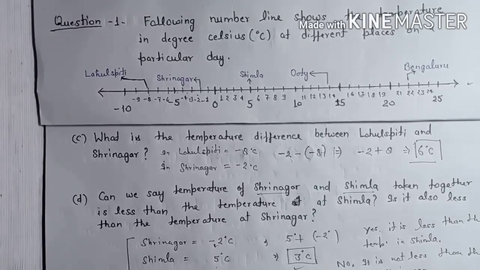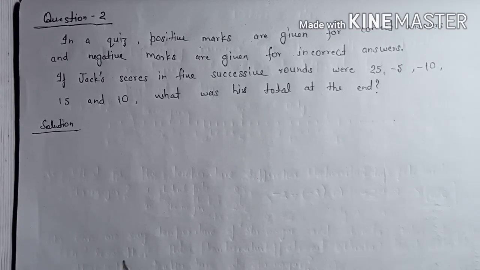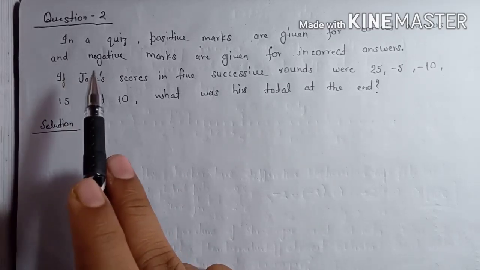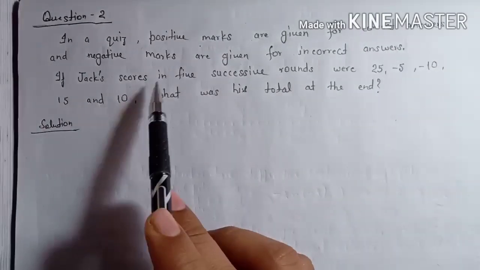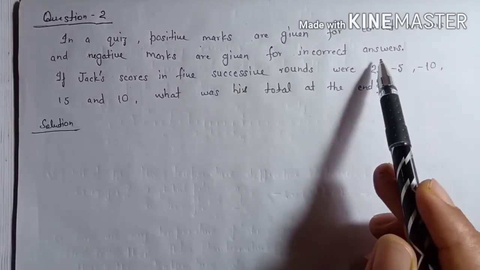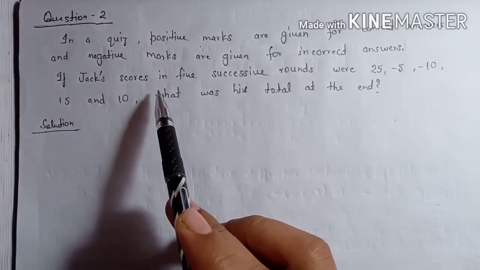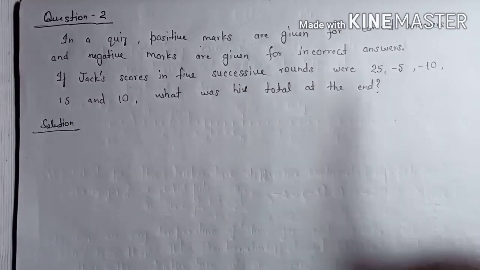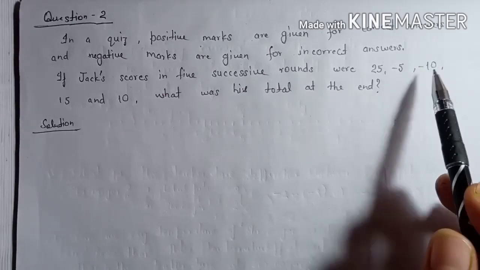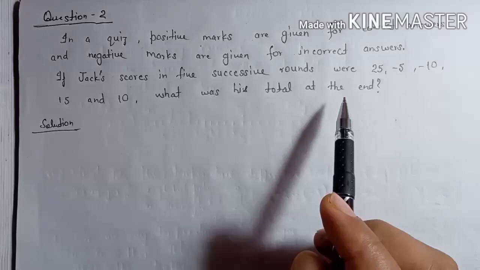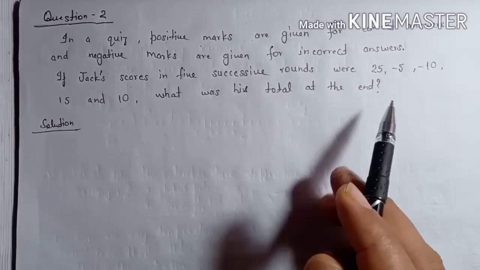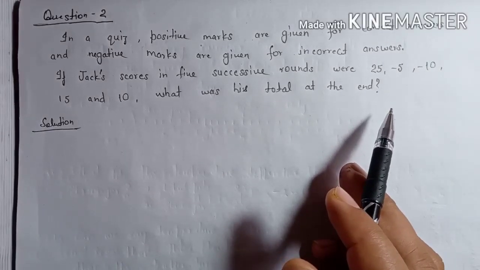Okay. Here, the second question is: in a quiz, there is a person, Jack, and positive marks are given for correct answers and negative marks are given for incorrect answers. If Jack's scores in 5 successive rounds were 25, -5, -10, 15 and 10, what was his total at the end? Okay, so to solve this question,